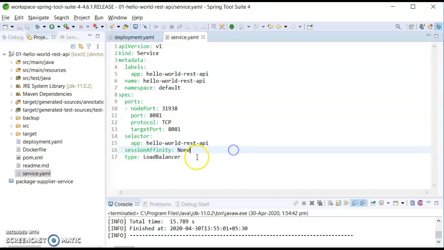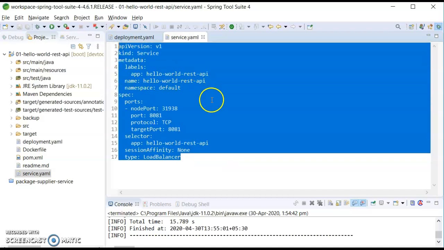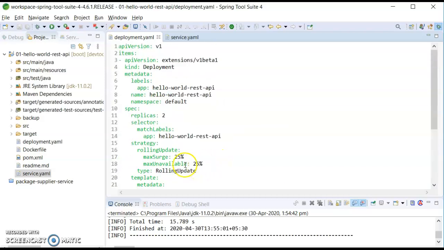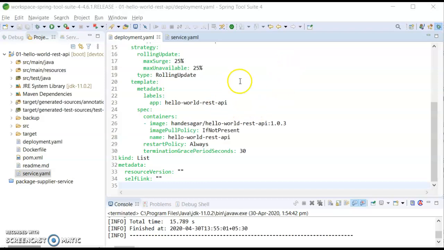Now this is the minimum set of tags which we need to understand from service.yaml, and this is the minimum set of tags which we need to understand from deployment.yaml. Now at the next step, these are two different files created by Kubernetes for two different resources, right? One for the deployment, another for the service.